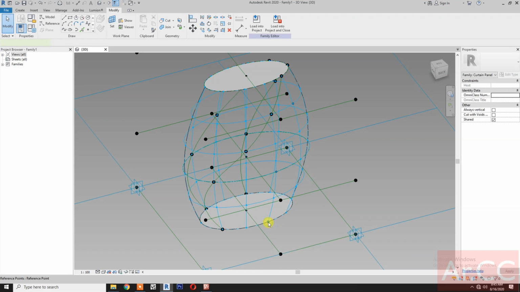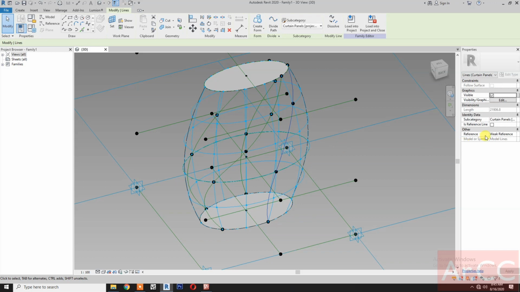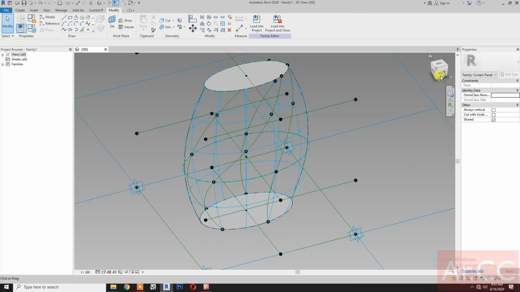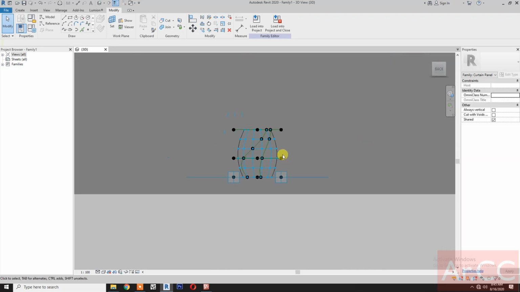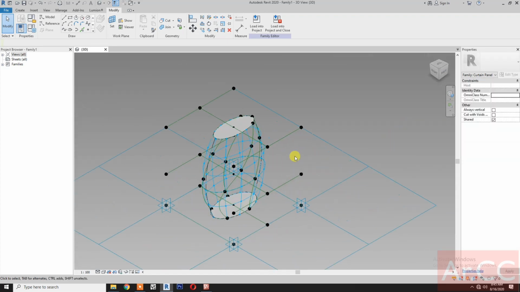Okay, select this reference point, this reference point, this reference point, and this reference point. Spline through points, check reference line. Okay, let's check the elevation. Perfect. Okay, next,